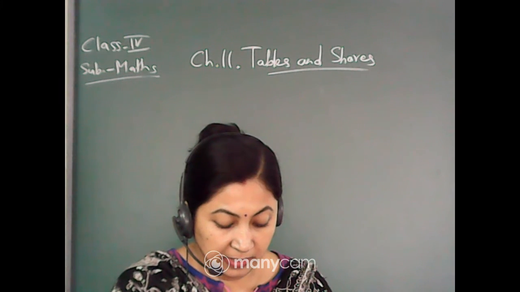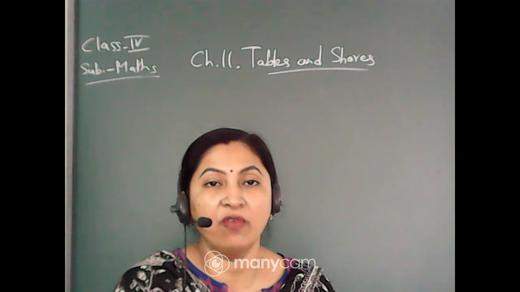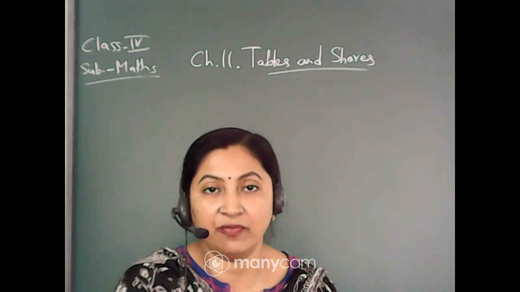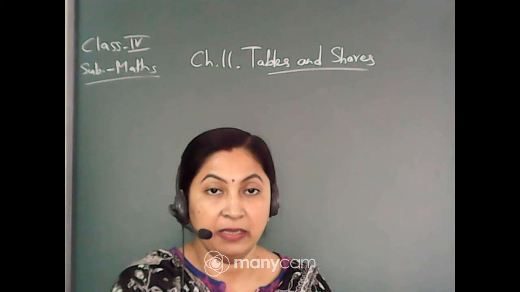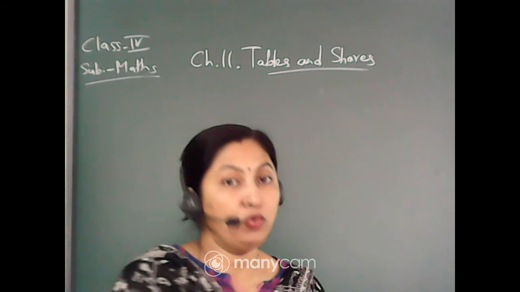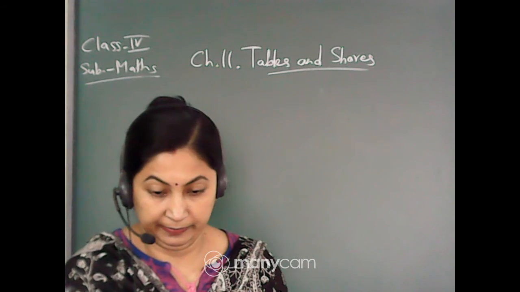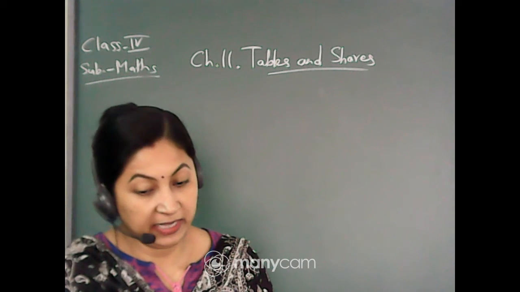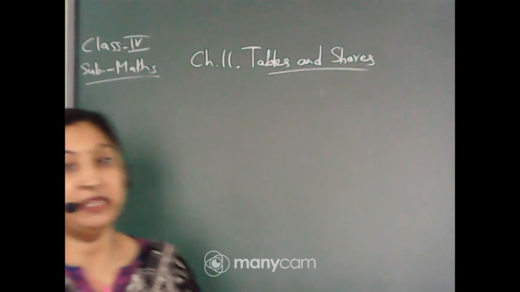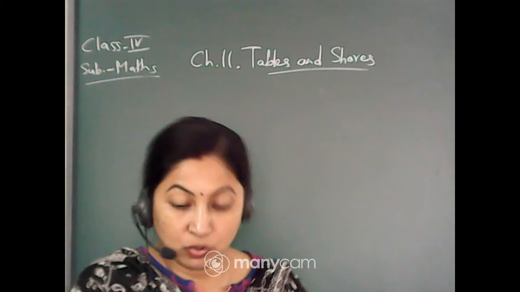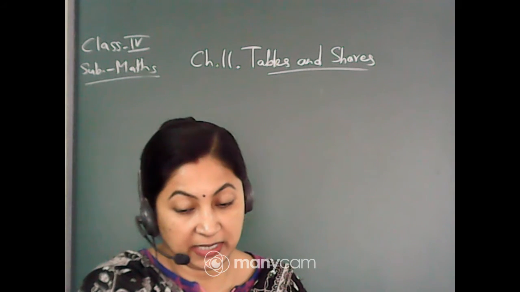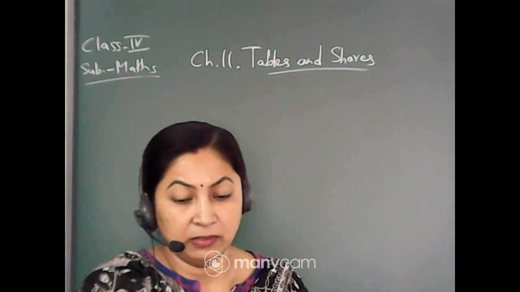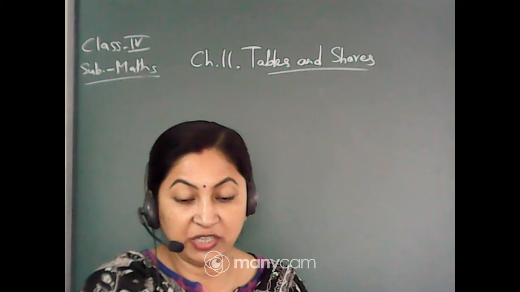Which two tables will you use for writing the table of 12? Now quickly tell me, which two tables will you use to write the table of 12? That means break 12. Which two tables can you use? Five and 7. Yes. 5 and 7, because 5 plus 7 is 12. Then 6 and 2. No, 6 plus 2 is 8. You have to take it in the form of addition.